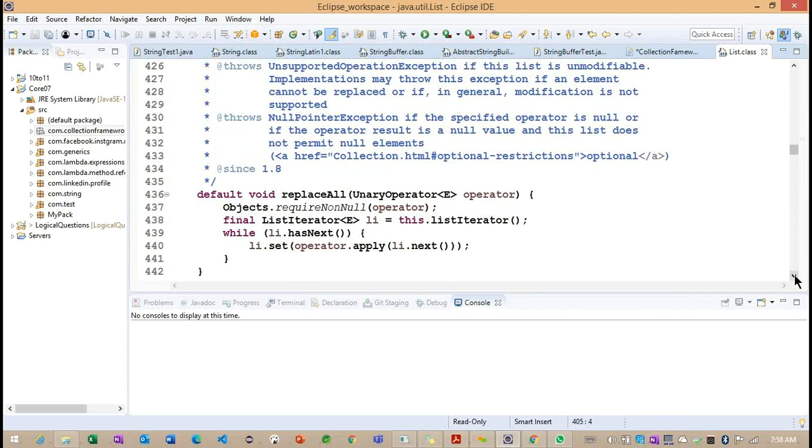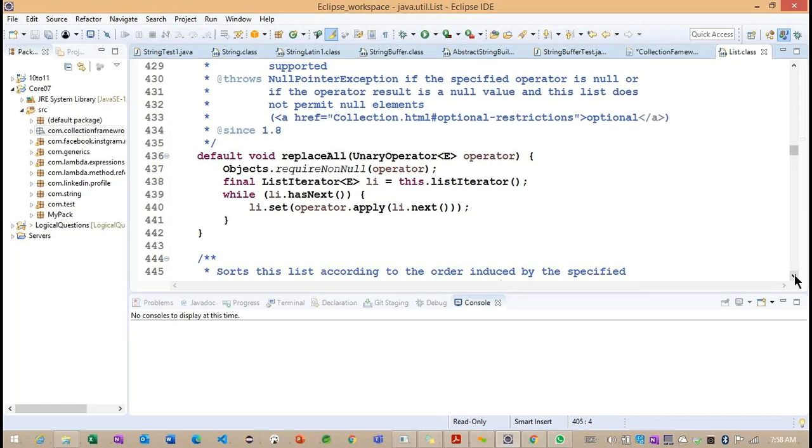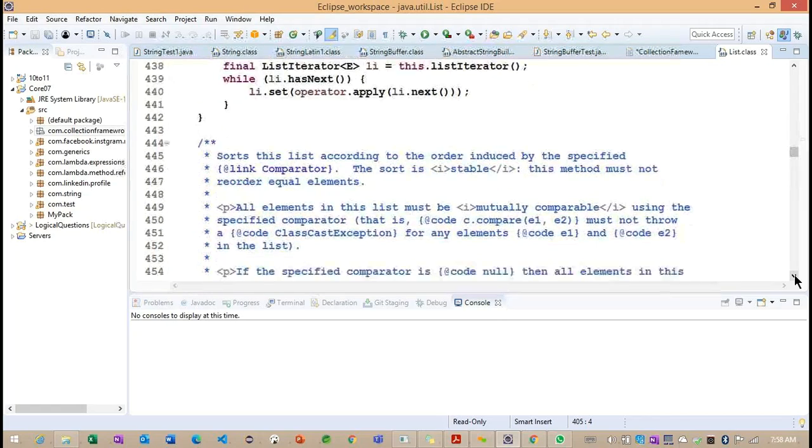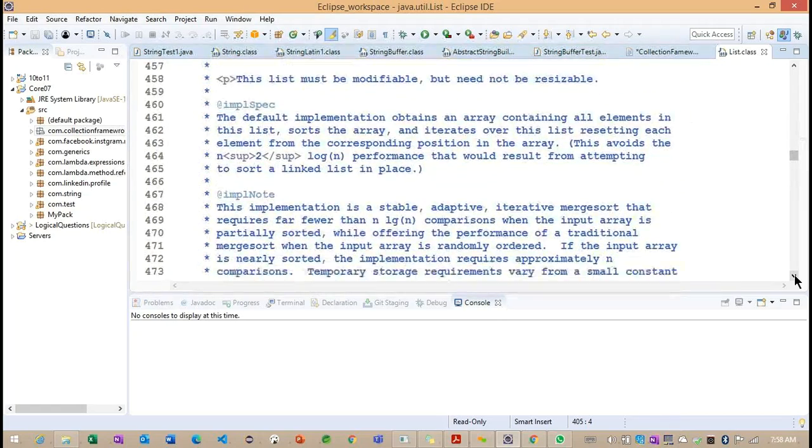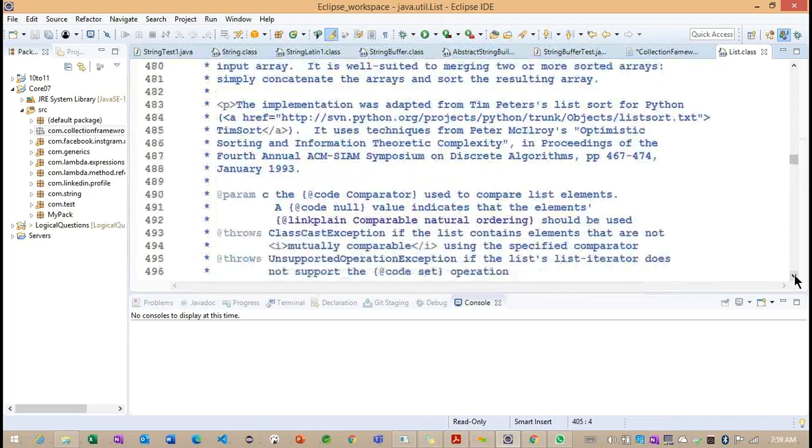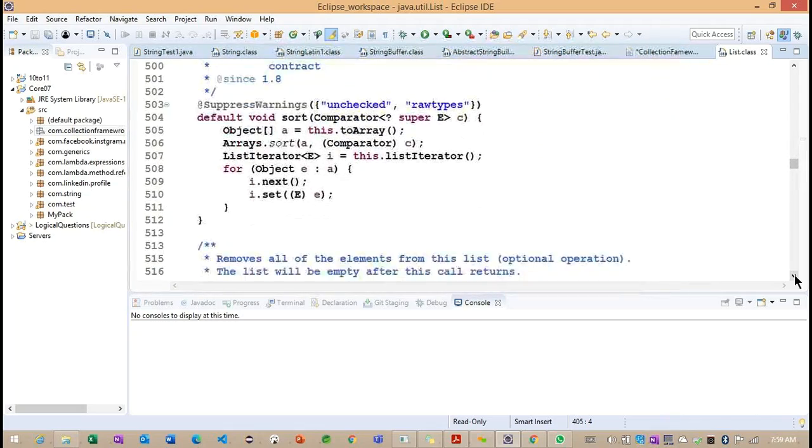Then this is a default method, replaceAll. Basically, replaceAll is nothing but we try to replace all the elements based on some condition. We'll see how this replaceAll method is going to work. This is also a default method, the sort method. This sort method was introduced in 1.8. We'll see how this sort method is going to work.